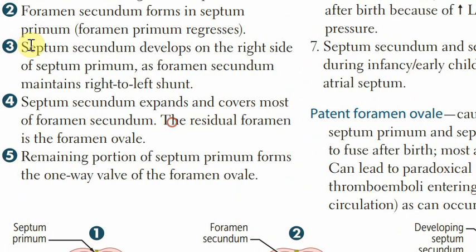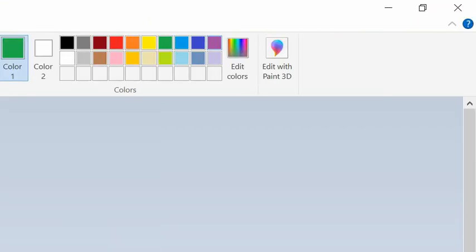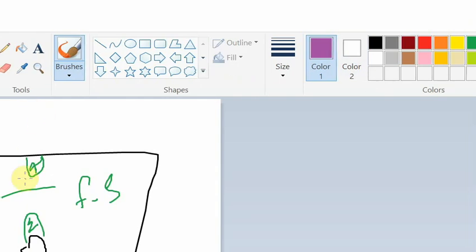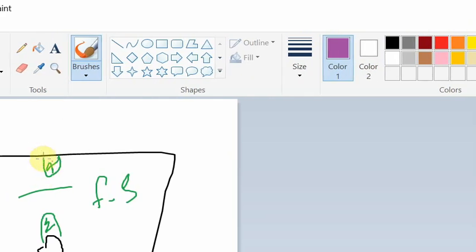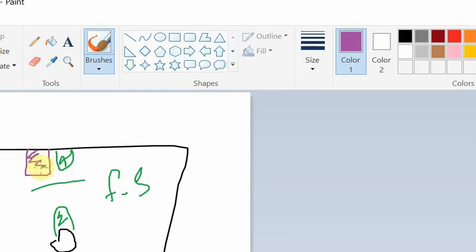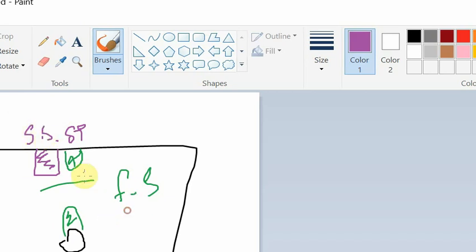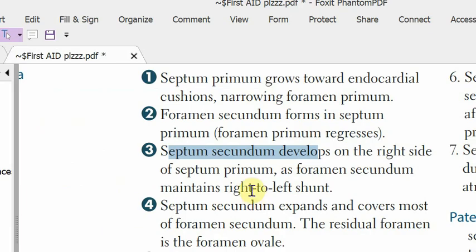The Septum Secundum, a totally new structure, starts developing. What is really high yield for you guys to know is that this Septum Secundum grows to the right, not to the left, please be careful, to the right. Of what? The Septum Primum. So this is Septum Primum, this is Septum Secundum. Okay, so the Septum Secundum develops on the right of the Septum Primum